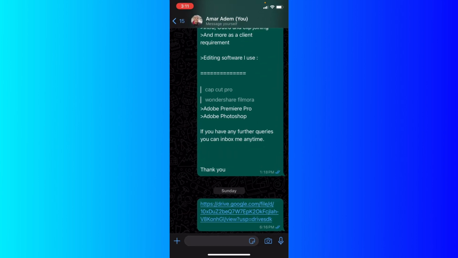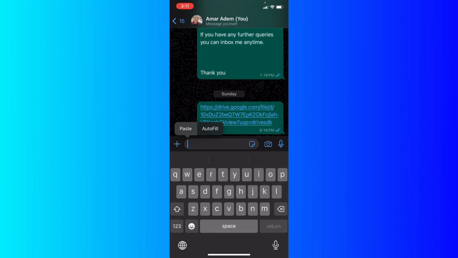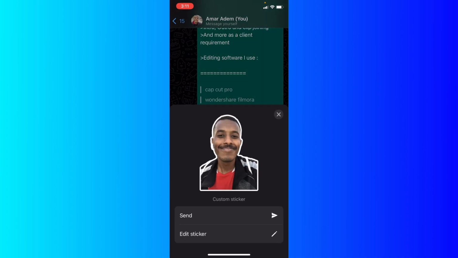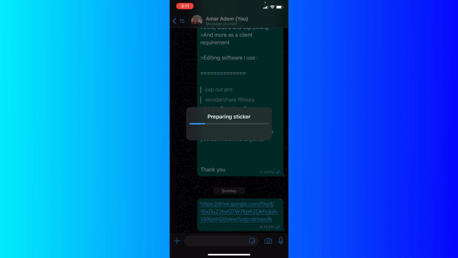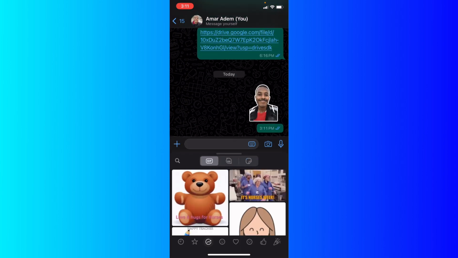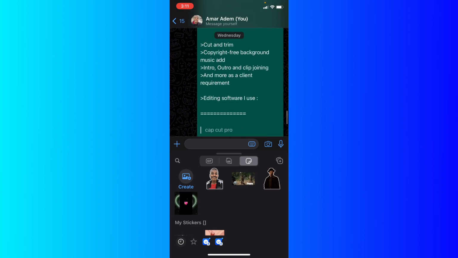I'm going to go back to my screen again, go to WhatsApp, and as we did before, enter this chat, right? I'm going to just paste the media or the photo that I copied and send it to that person. And as you can see, now it's been saved as a sticker on my WhatsApp